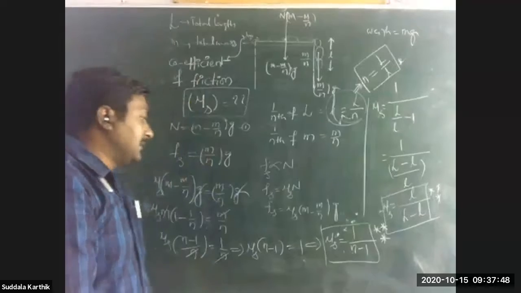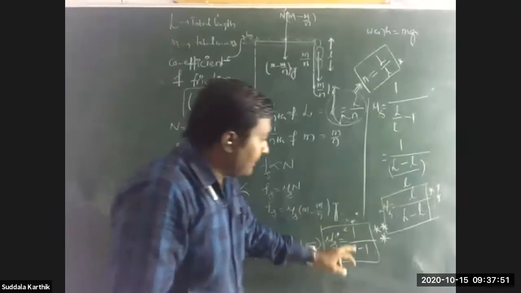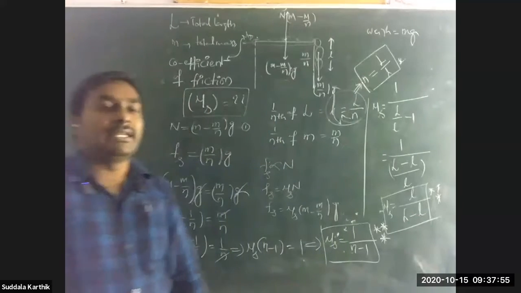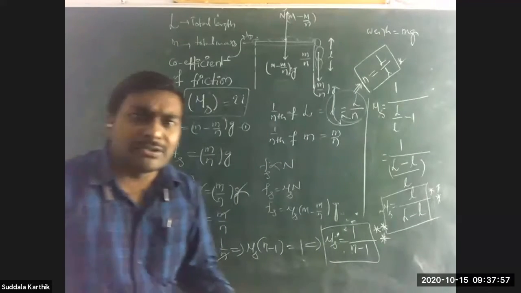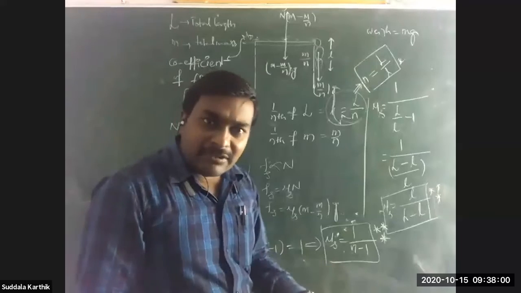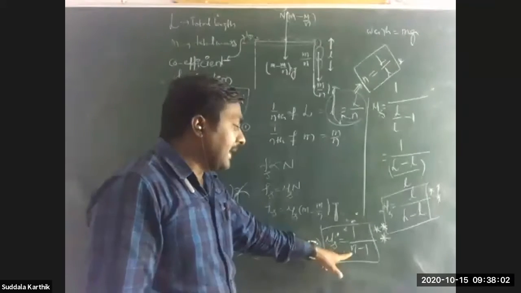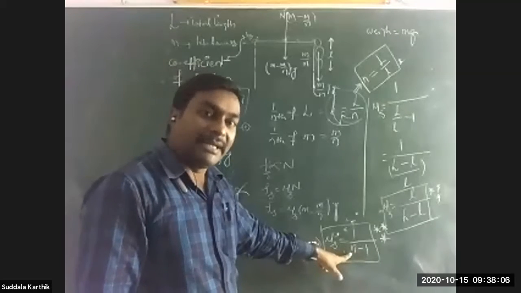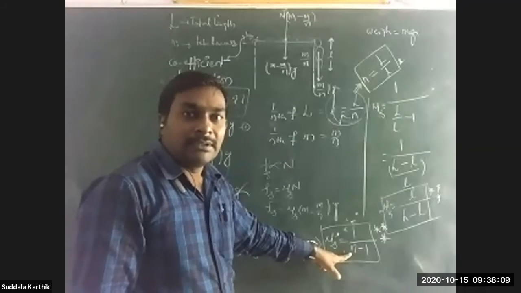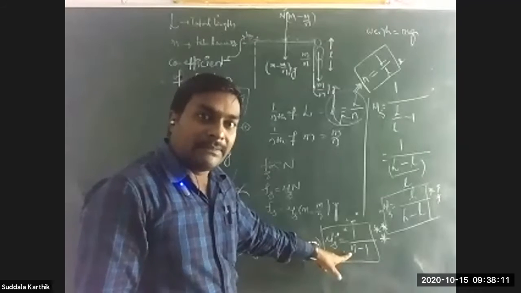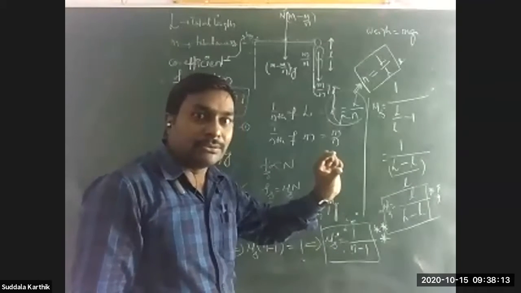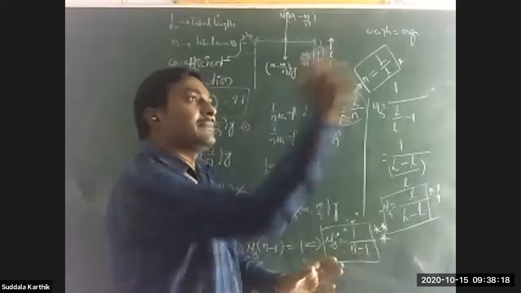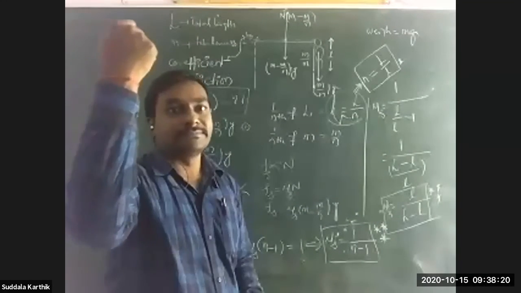Next, after that, mu s is equal to 1/(n minus 1), mu s is equal to small l/(capital L minus small l). Then in some questions, they may give n value as 1/5th of, 1/6th of, 1/10th of, 1/2 of, half of, 1/3 of, like that they can give. Those are the n values. You can substitute those values, you will get the answer.